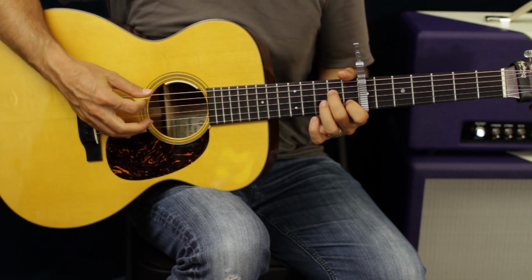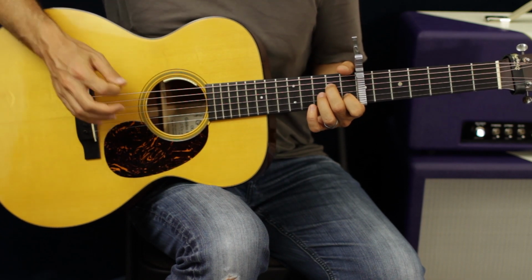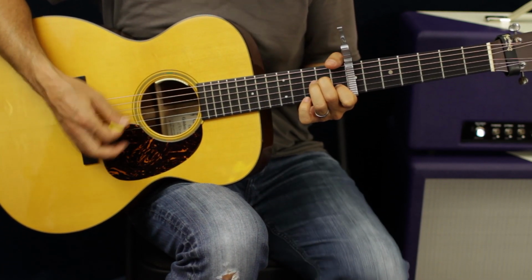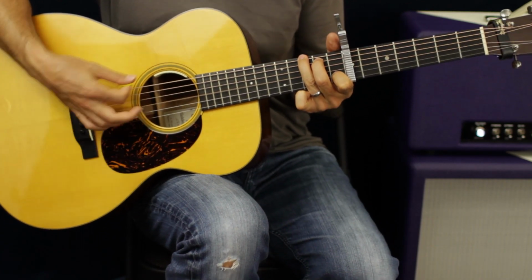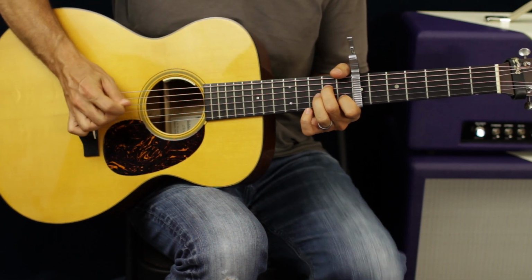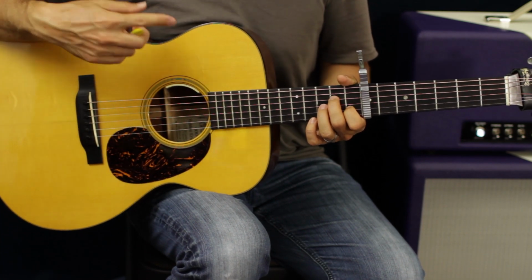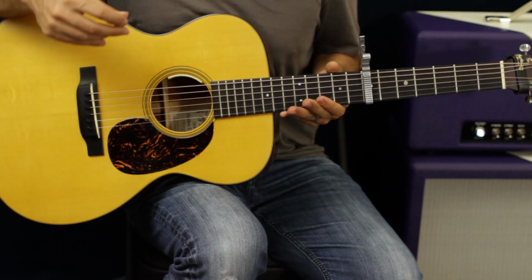and then into the strum pattern, right? So it's going to go 1, 2, 3, 4, 5, 6, 7, 8, 1, 2, 3, 4, 5, 6, 7, 8, back into the typical progression. Right? And you can change it up, or pick it like that, or do whatever you want, but the same chord progression applies. Now it's going to do that a few times through. You're going to carry out the chorus,